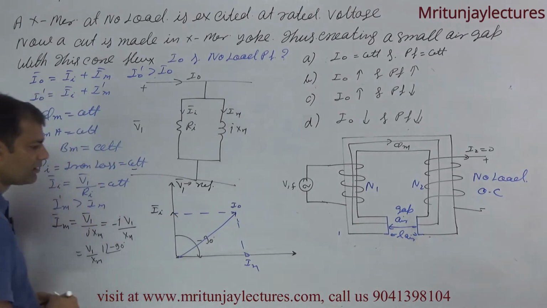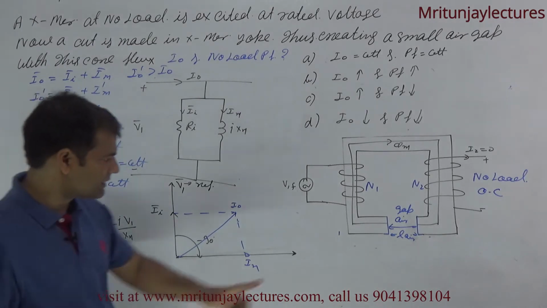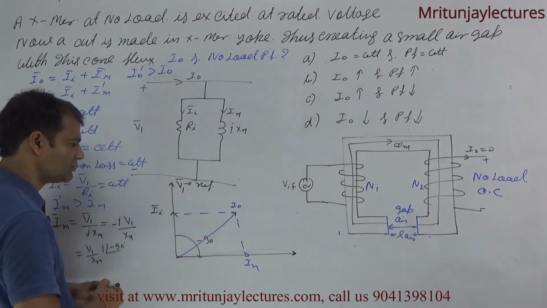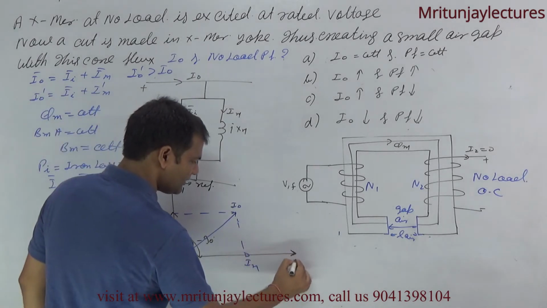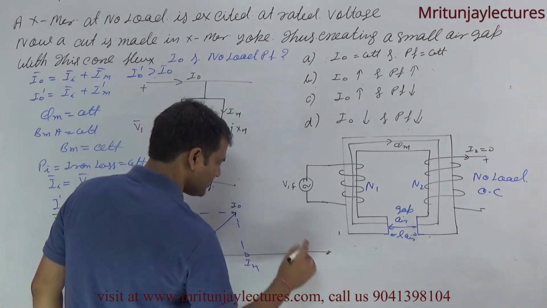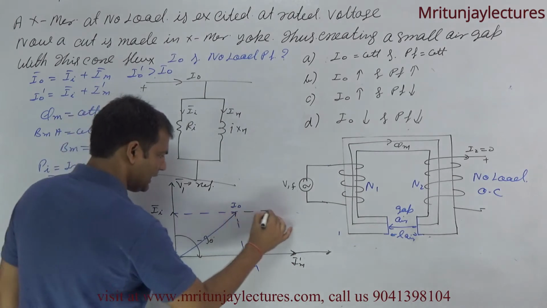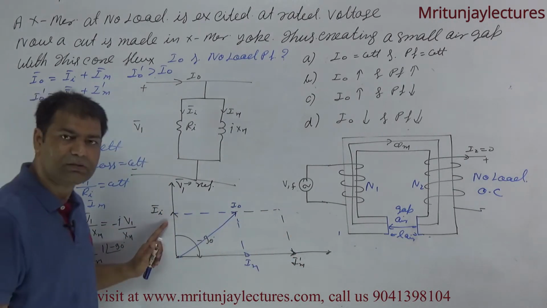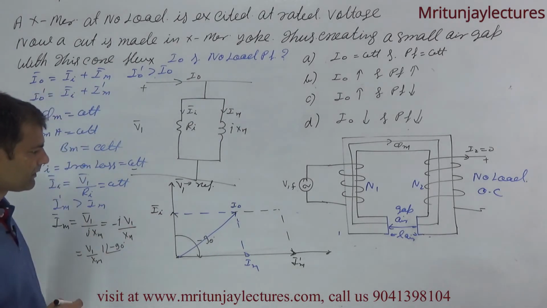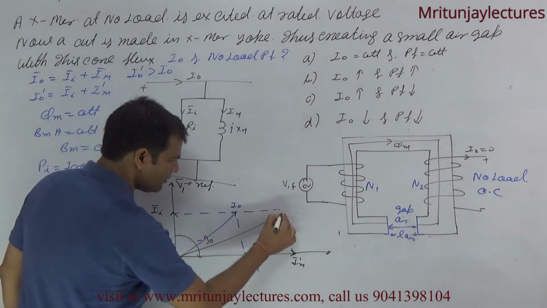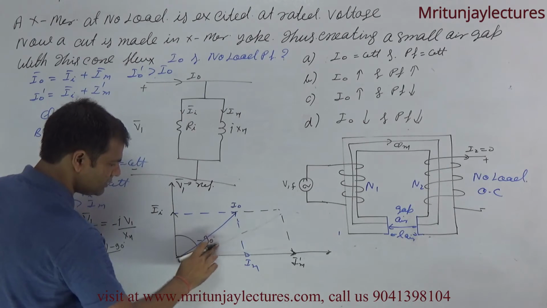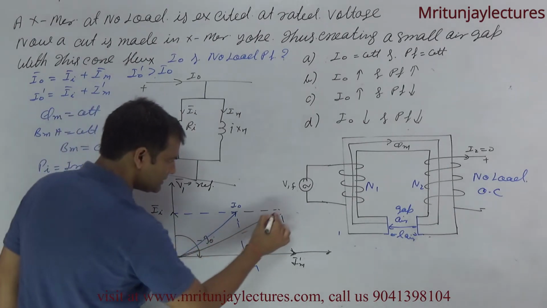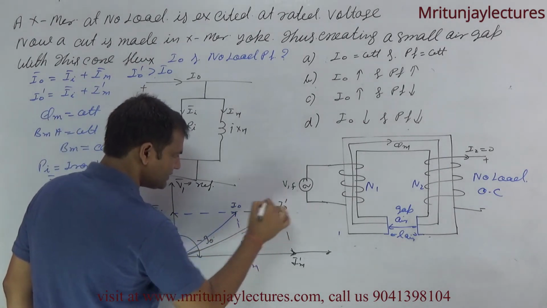Clear? If the yoke is cut, then the corresponding magnetizing current is Im dash. And what about Ii at that time? Same as the previous value, so you can say that I0 dash